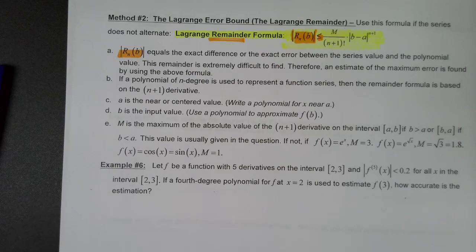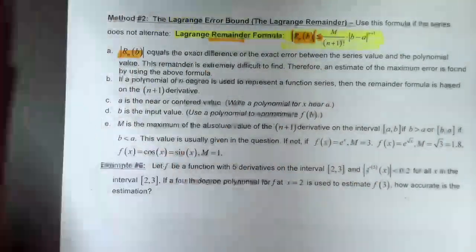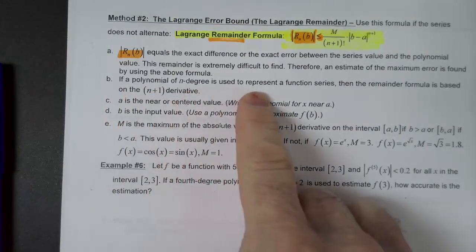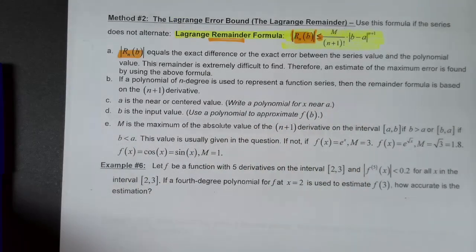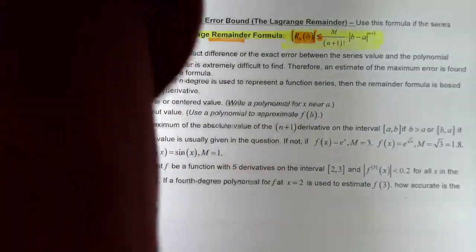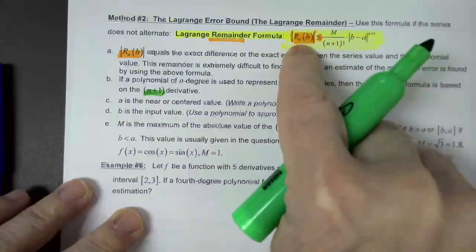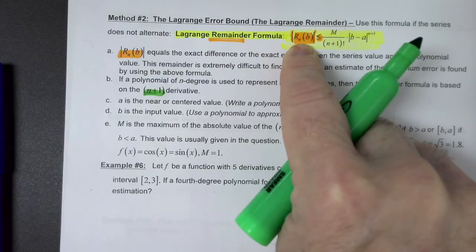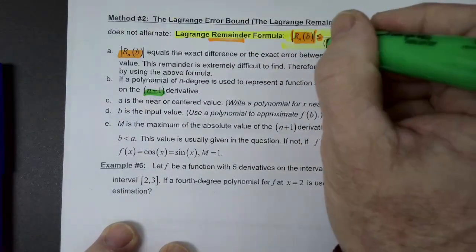So we're going to make sure it doesn't go over this amount. So how is this calculated? Okay, so first of all, if a polynomial of n degree is used to represent the function, the remainder formula is always based upon, look at this, the n plus 1. So if we are using the seventh partial sum, our seventh remainder will use the eighth